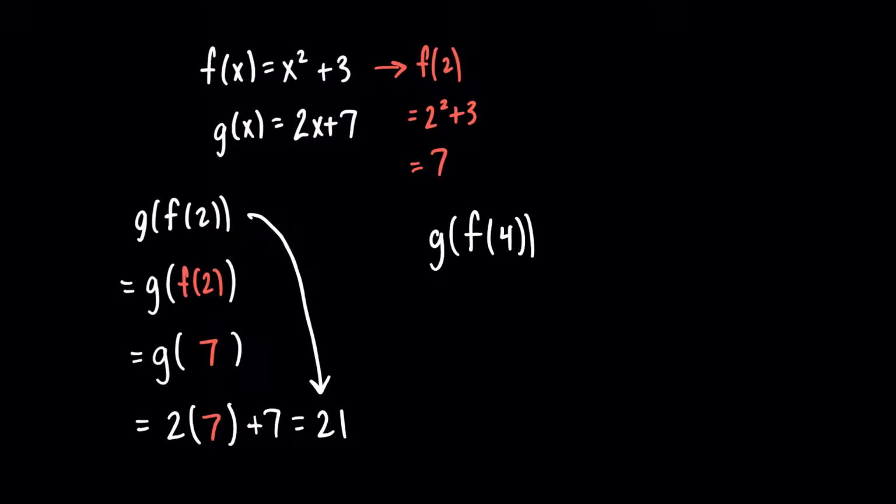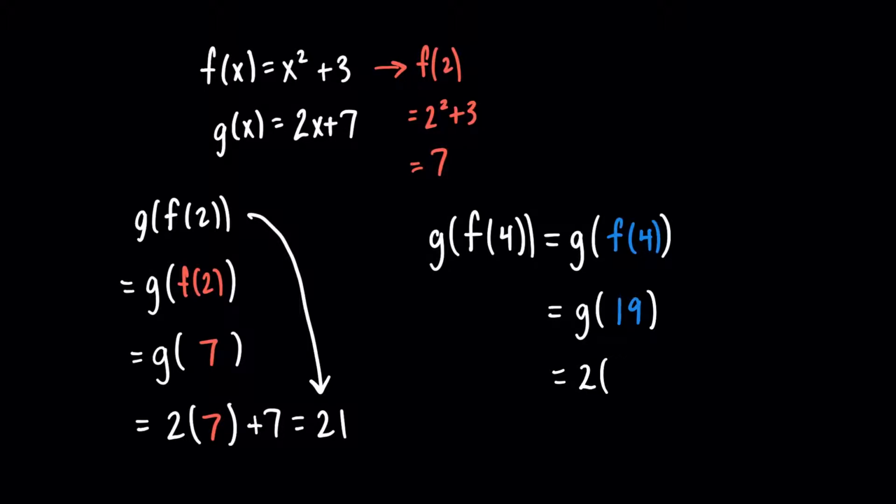Okay, so I'm going to run through this here. So g of f of 4 is g of, and then we're going to put f of 4 here because that is its own thing. And that's going to be g of, what is f of 4 here? So let's come over to our f function. F tells us to square our input and then add 3. So f of 4 would be 4 squared plus 3. So that would be 16 plus 3. So that's 19. So this is just asking us to figure out what g of 19 is, which all you